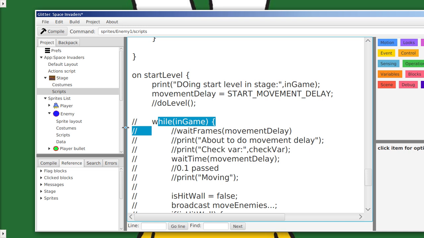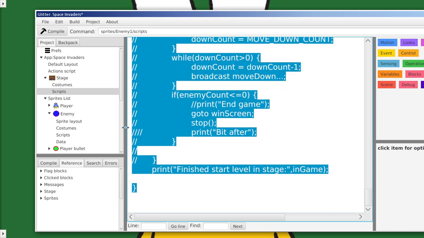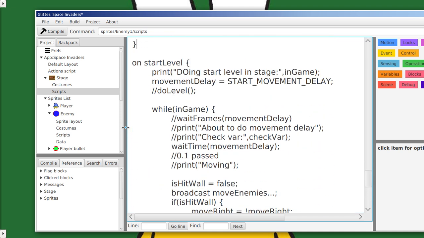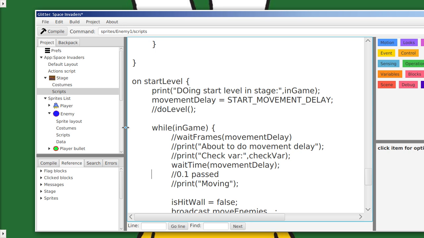But what we will do is we'll think about how we've done this code. So let's just assume that, the thing is, it's not good code to assume that wait time is going to get you what you want, because there are other pauses that are just going to come out because of the way that Scratch and these things work, and Glitter works, where it has this automatic yielding to different frames depending on certain things that you can control, but if you try and control it, Scratch doesn't like it. So what we're going to have to do